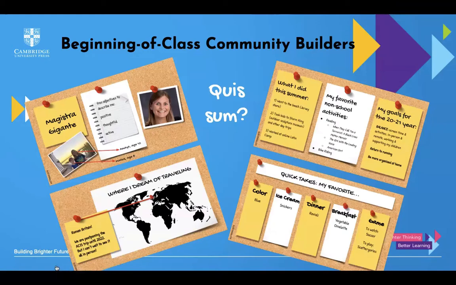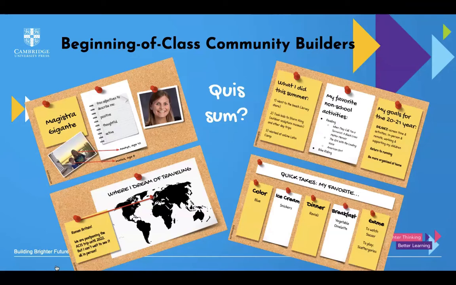And to show this as well, I have this slide deck that I did with my students this year. I did it on the first day of school, and I just made it as like a template, and I just had them all do it in class, and I had them take a picture of themselves and tell me 3 adjectives that describe them, where they dream of traveling, what they did this summer, non-school activities, goals for the year, and then just some quick facts about them. And I gathered all this information first, and the goal was that in the subsequent classes, I've started every class with